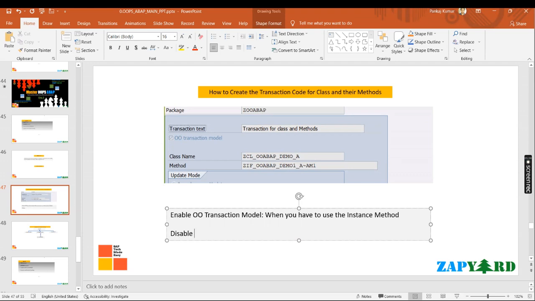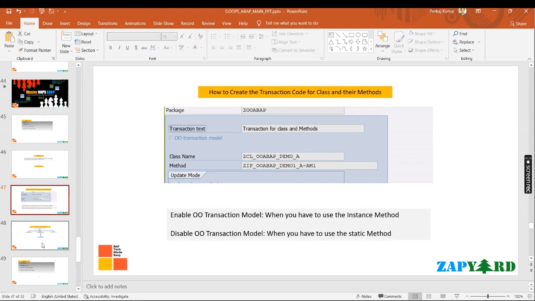Disable OO transaction model means remove that check mark. Okay. Disable the transaction model when you don't have to use the instance method. That means when you have to use the static method. Okay. When you have to use the static method. So these are the two important points we are having. Okay,